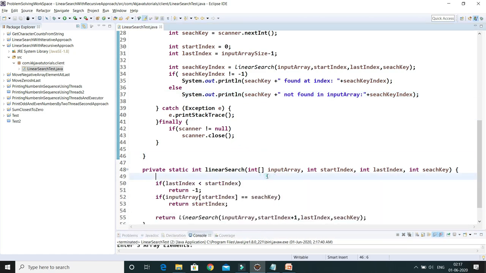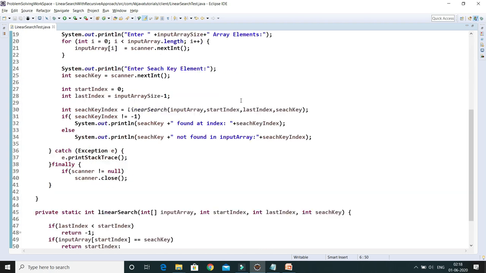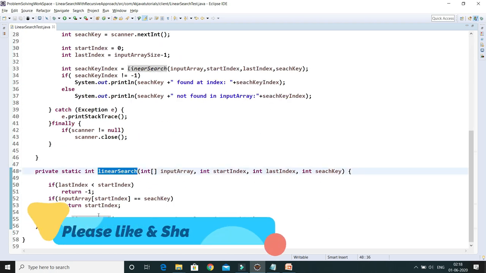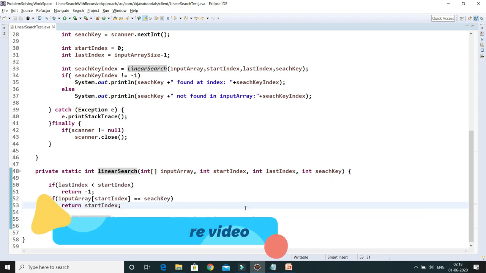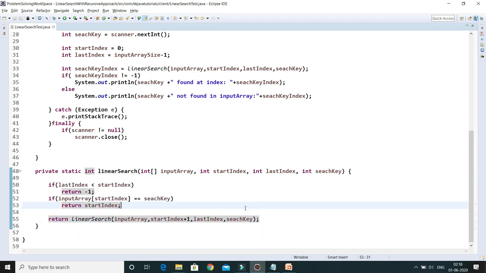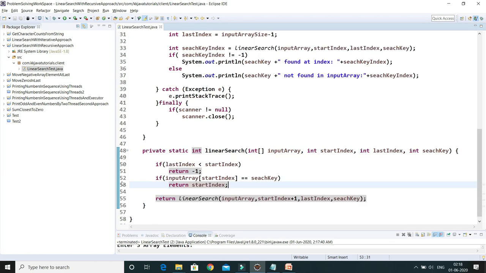So guys, this is all about how we can write a linear search using a recursive approach. A recursive approach is when a method calls itself, and here you can see all those cases are considered. So now if somebody asks me what's the difference between the iterative approach and the recursive approach, then in the iterative approach we had one loop and we are just searching for a key element starting from the first index to the last index, and whenever we find that search element in the array, that index is going to return.